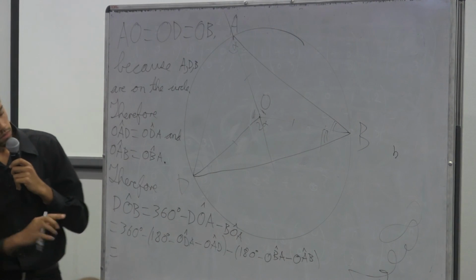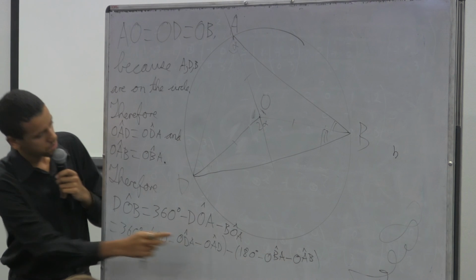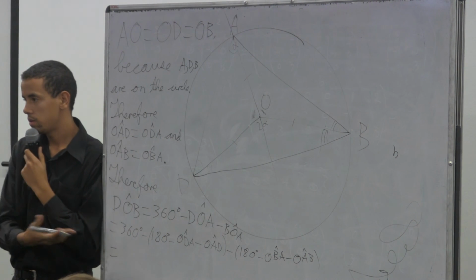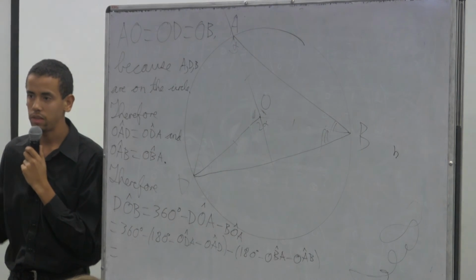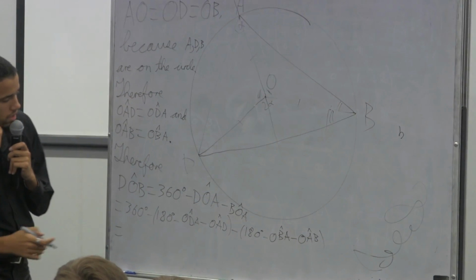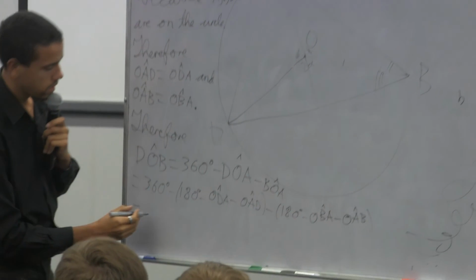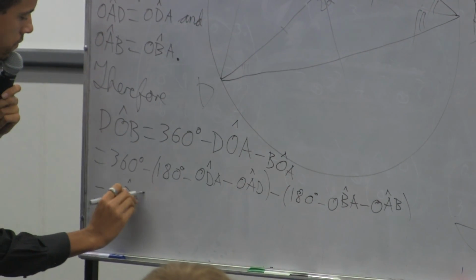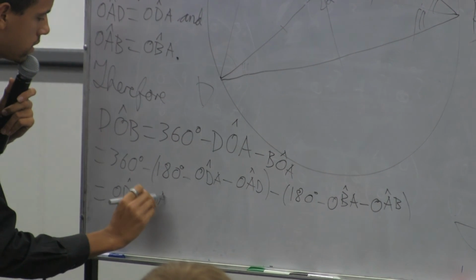Okay, so the minus 180 over there, minus 180 over there cancels with the 360, because you can do it yourself if you want to, or you can just believe me. I'm such a trustworthy guy. We have ODA plus OAD